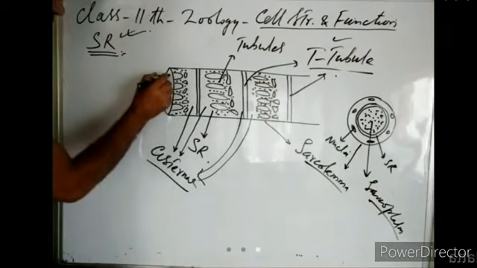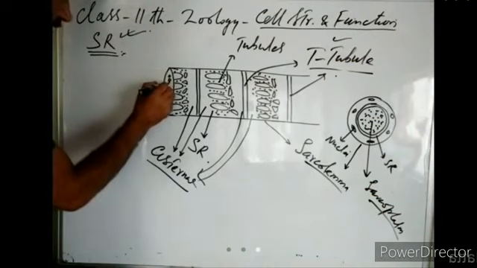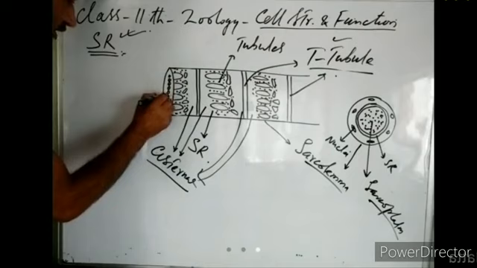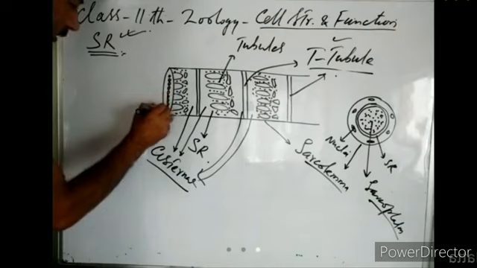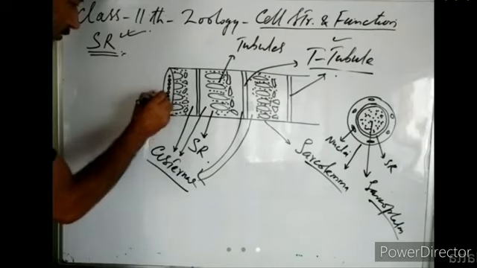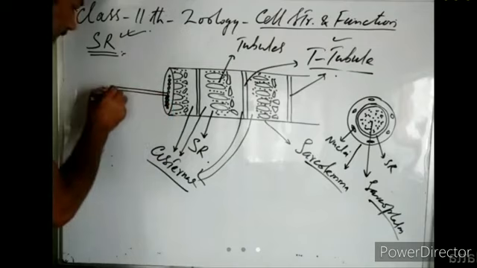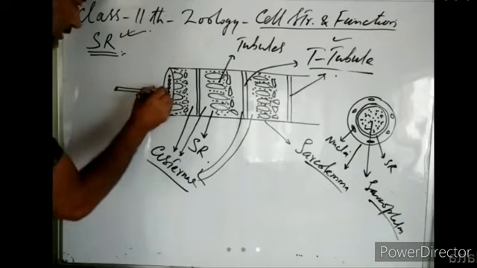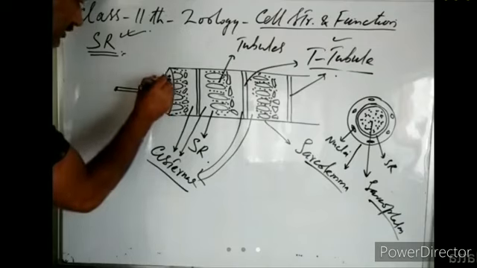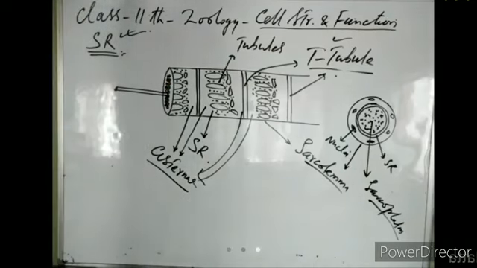And in this sarcoplasm, there are small fiber-like structures. These small fiber-like structures are known as myofibrils. These are the myofibrils, which are present inner to the sarcoplasmic reticulum. So this is the structure of sarcoplasmic reticulum in a muscle cell, right? Now, what is its function in a muscle cell?